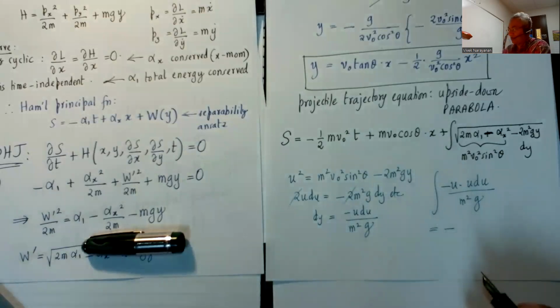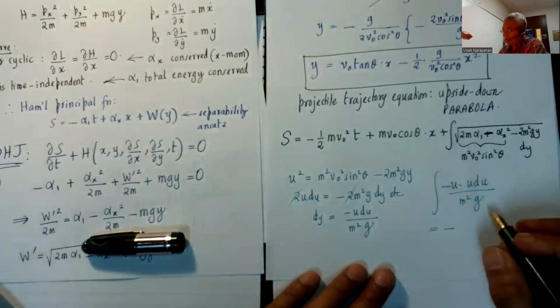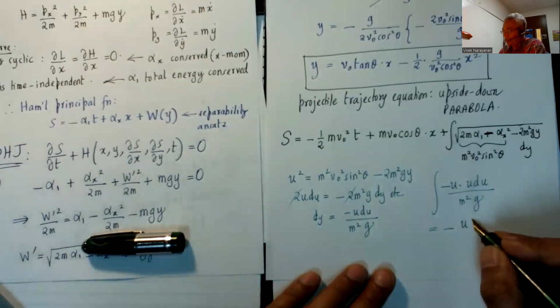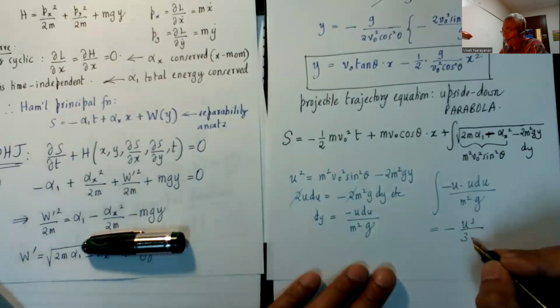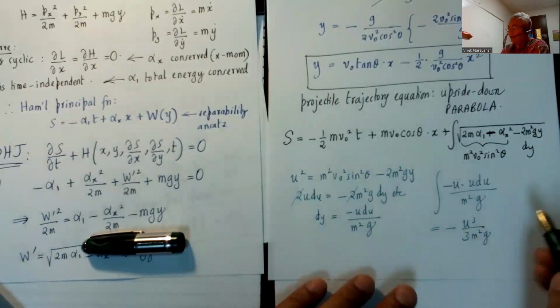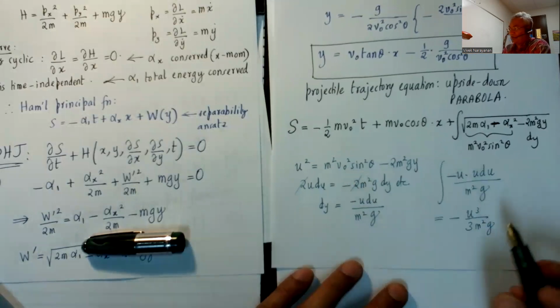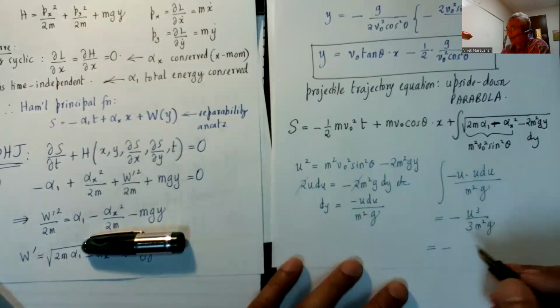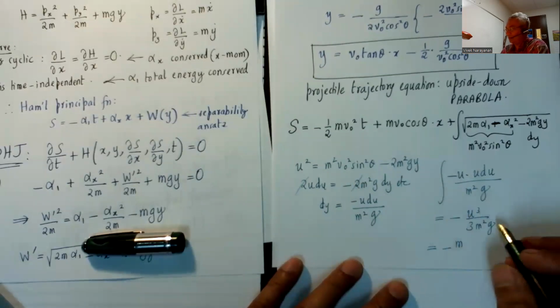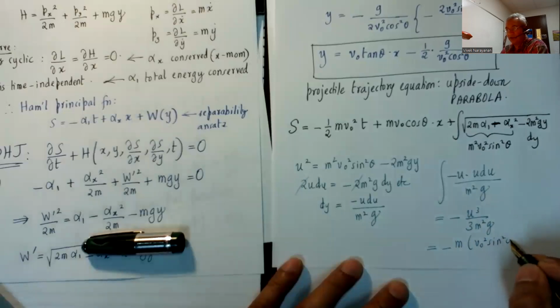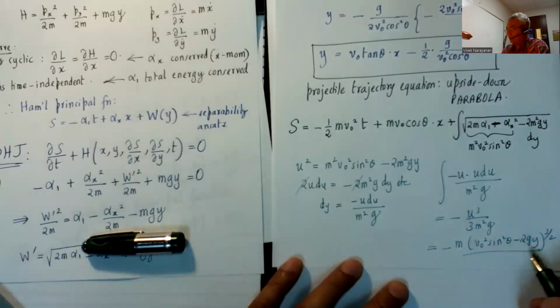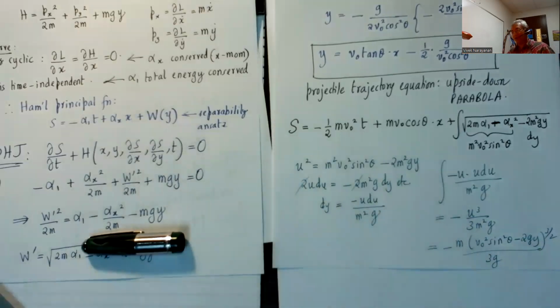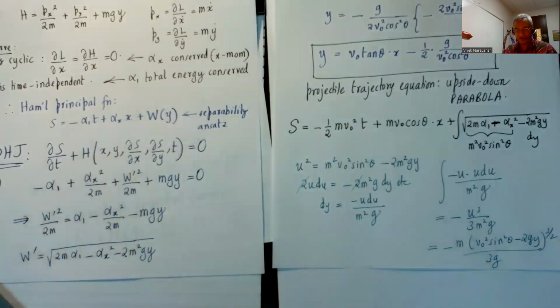And then I have to replace all the variables. Okay. So that's going to be negative U cubed over 3 m squared g. And now I put the U cubed back. So U squared back. So that's going to give me an extra factor of m because m squared will cancel and there'll be an extra factor of m left. And then I'll get v naught squared sine squared theta minus 2gy to the power 3/2 over 3g. All right, done. My conscience is clear and I can write